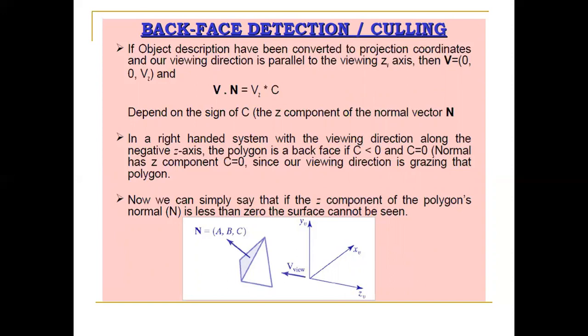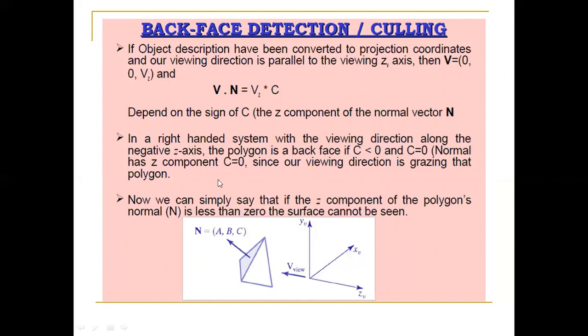Based on the sign of c, the z component of the normal vector can be decided. That means whether I have to mark that particular surface of the object as visible or hidden is dependent on c. If I take a right-handed viewing system with the viewing direction along the negative z-axis, then the polygon is a back face if c is less than 0,